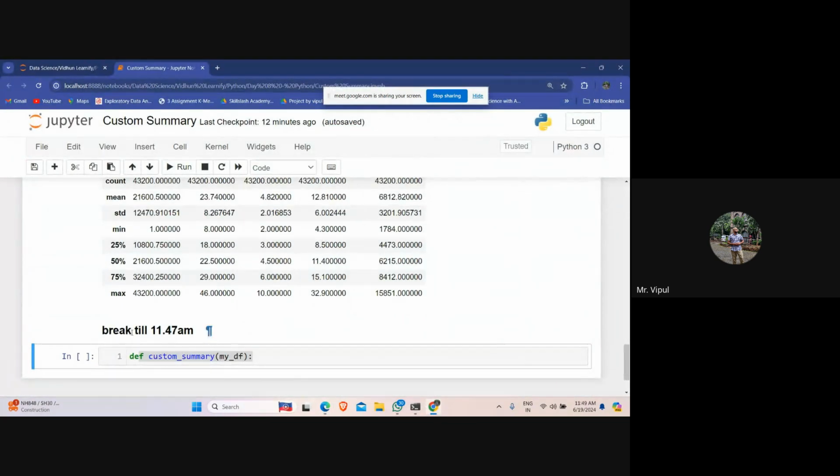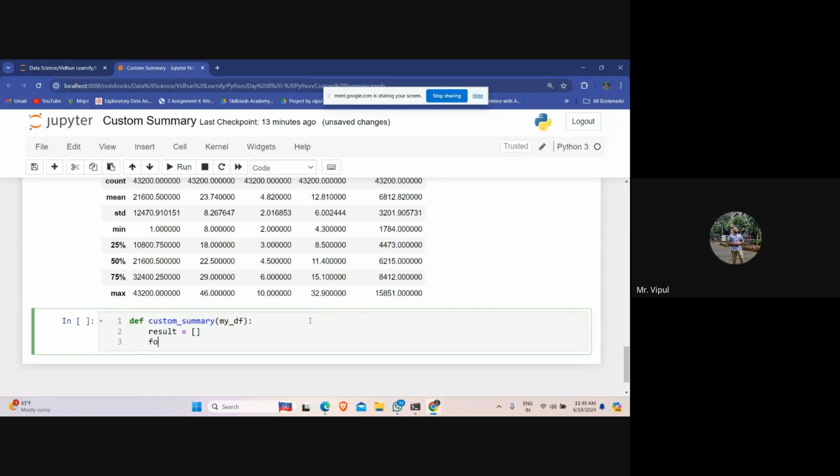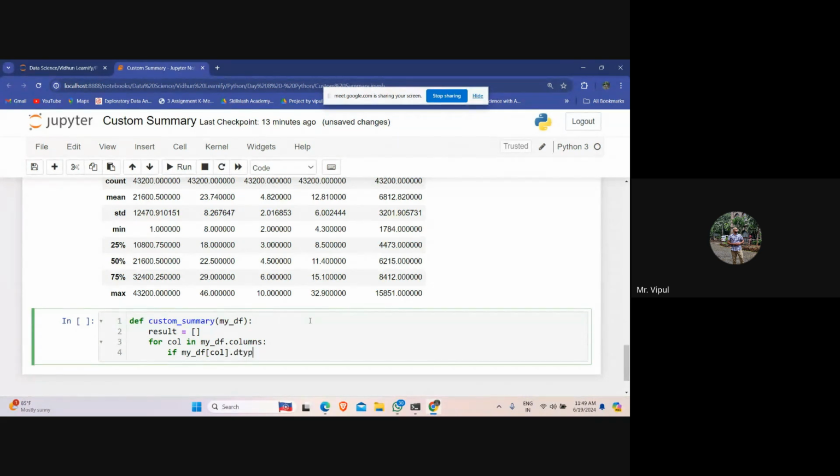So we'll go with the custom summary now. Now I'll just write down the code, and once the code is done, I'll be explaining you everything line by line, right? So for col in my_df dot columns, if my_df of col dot dtype is not equals to object,